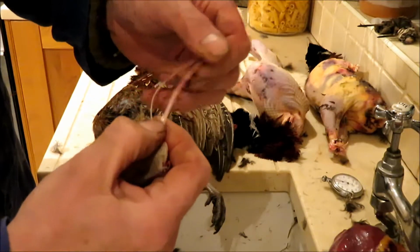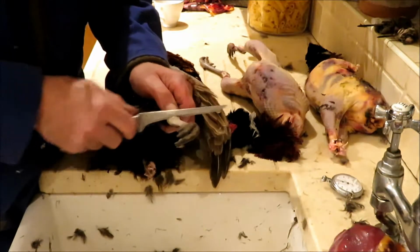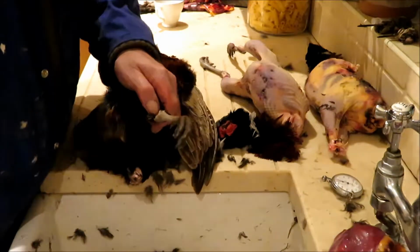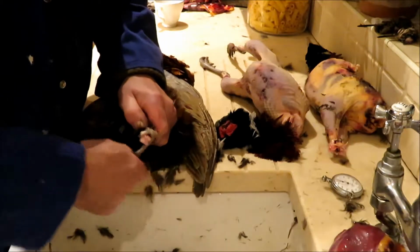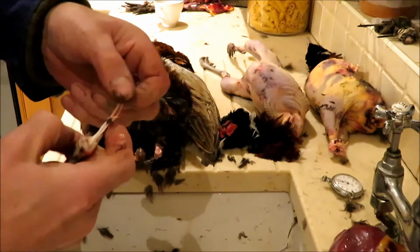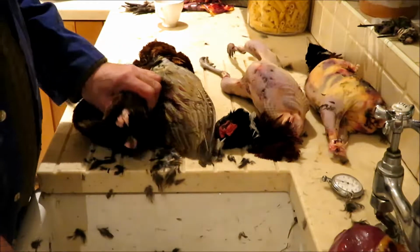Now, all those would have been in my dinner. And again, down the leg, one way and the other way. Just wind the things out. There we are. Now that makes your pheasant leg a lot better to eat. However,